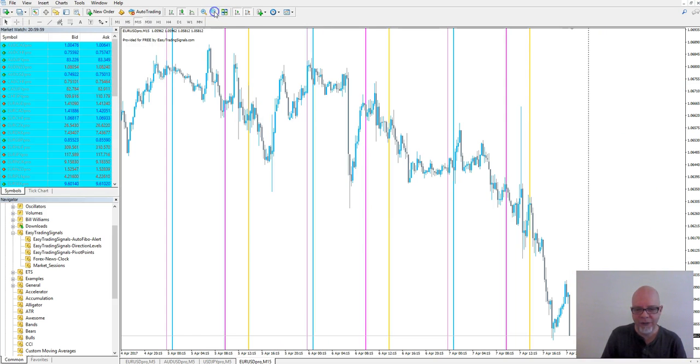So now you'll see there are no more horizontal lines, only vertical ones. And I want you to just quickly look at one or two things about these lines, and then we will get into how you can set this up. Right, so these lines represent the starting sessions of the market. So in this case,